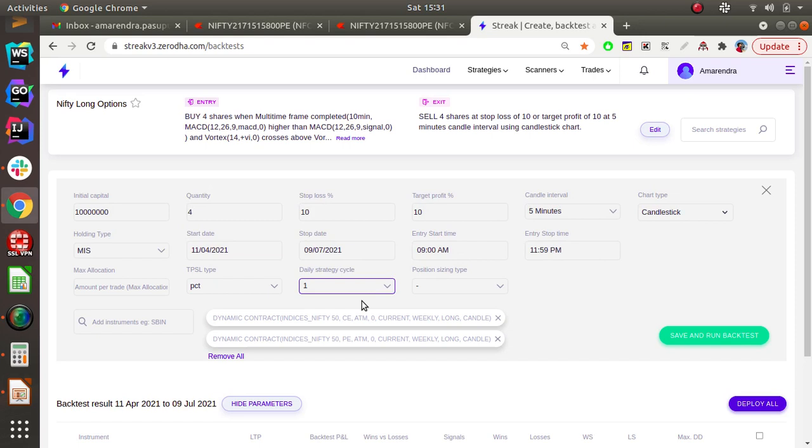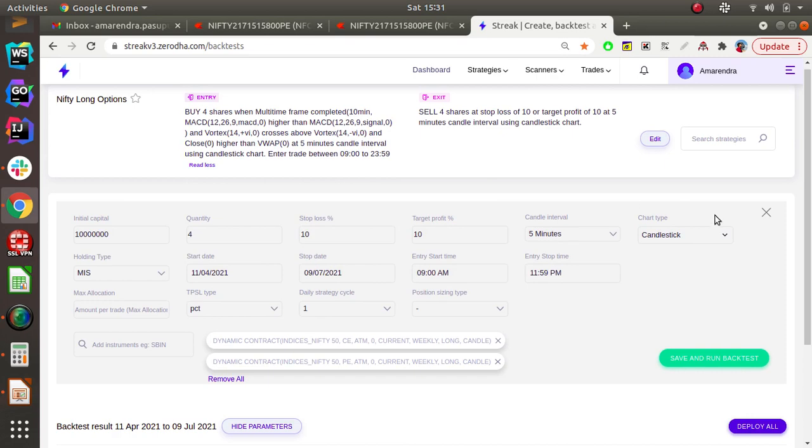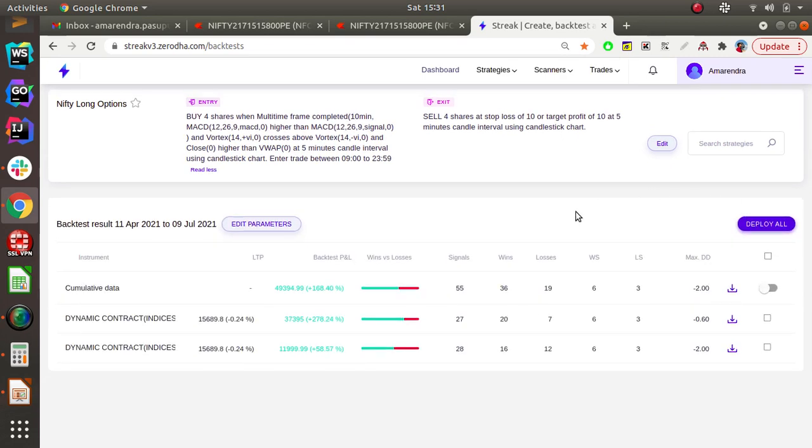Okay, hope you understand. We'll try to do more videos on different strategies. There are small feature developments required in Streak, like combined target and stop loss for options. The Streak team is working on it. Maybe once they release those kinds of features, we can implement very good algorithms, because combined targets and stop losses will be useful for many algorithms like